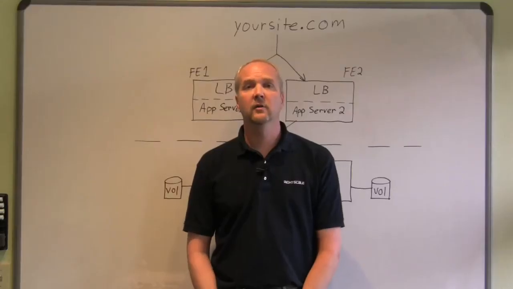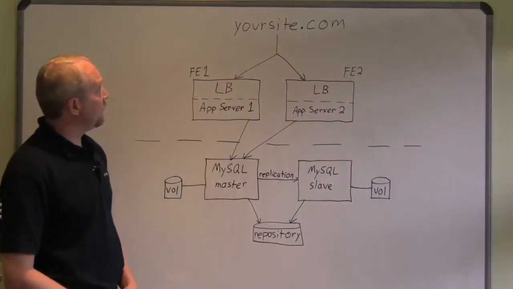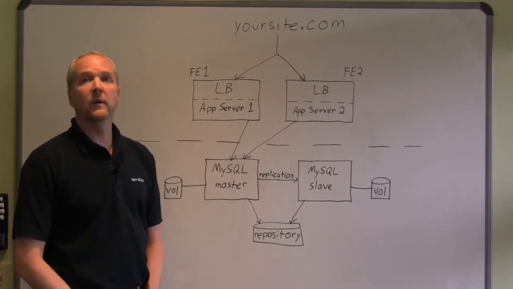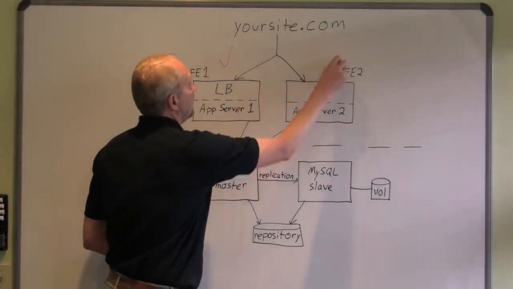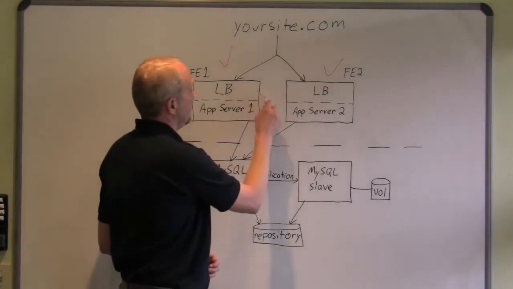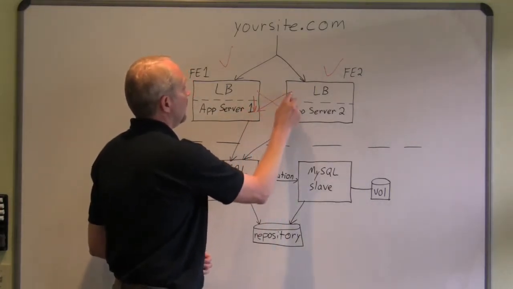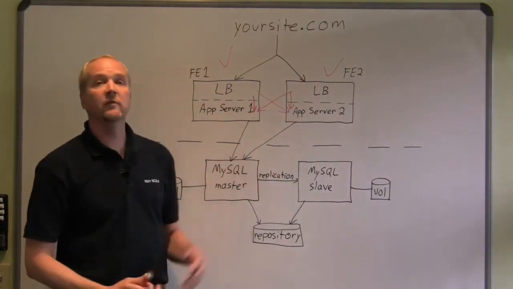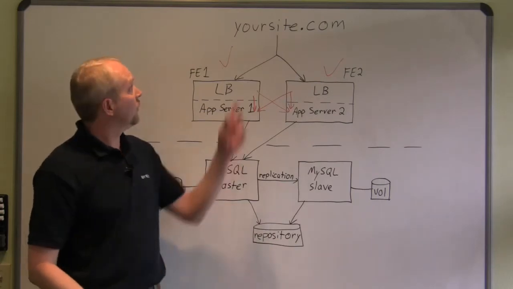To begin our discussion, let's take a look at a typical use case. This diagram shows a standard 4-server architecture that many of our customers use in early phases of the application lifecycle. It has 2 front-end servers that are configured to act as both load balancers as well as application servers. This allows each server to send traffic to its own application server as well as to the application server running on the other front end. DNS entries are configured such that both of these front ends respond to requests for the same website, for example,